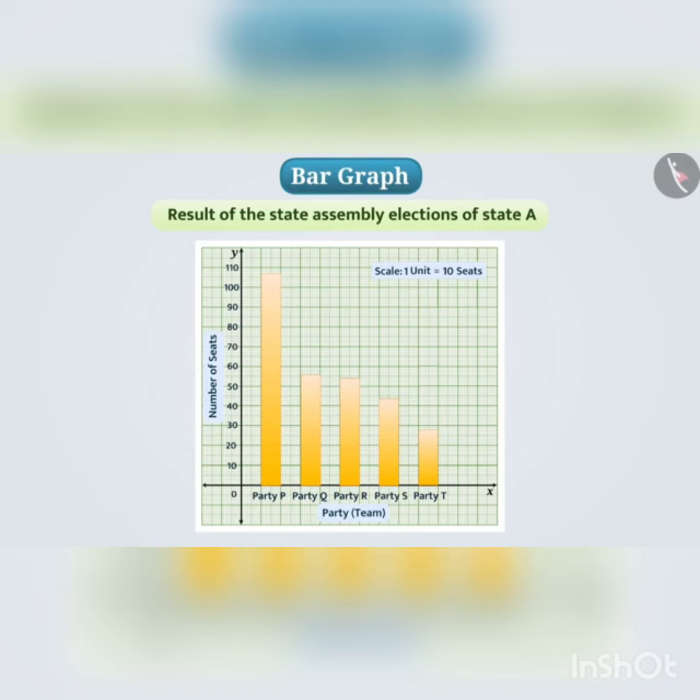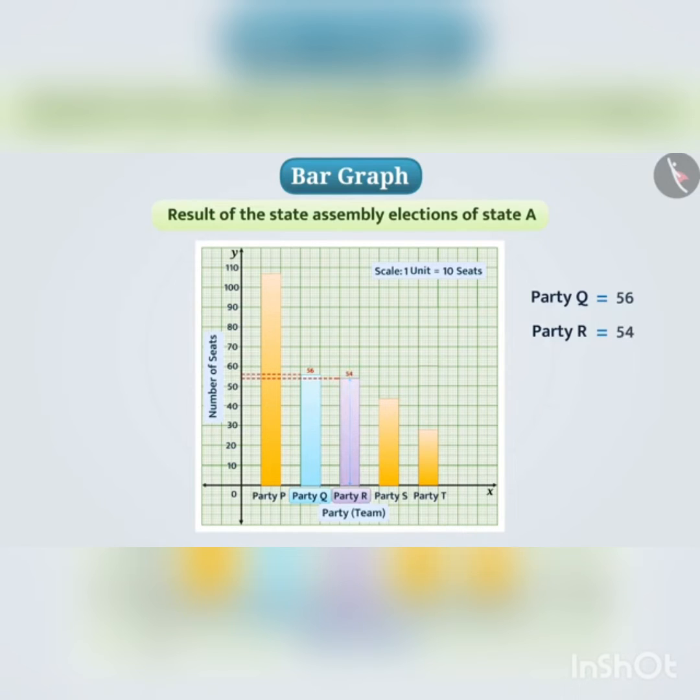Let us now know how to read a bar graph. Here we see that the length of bar made for party Q represents 56 seats. In this way, we can say that in State Assembly elections, party Q won 56 seats. Similarly, can you tell how many seats the party R has won? Think. Absolutely right. For the length of bar made for party R, we know that party R has won a total